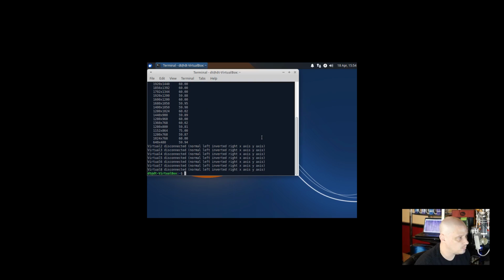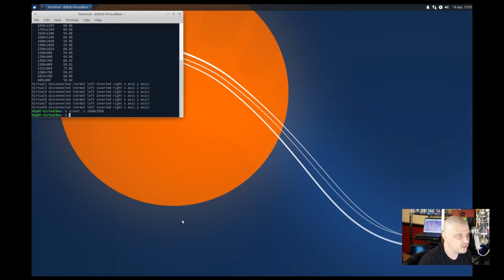But if I bring up a terminal and do xrandr, if I can type right, it will give me some available screen resolutions I could switch to using the xrandr command. So if I type xrandr -s, let's see, the most appropriate one, 1680 by 1050 would probably work. It will not actually look that great because I have a 1920 by 1080 monitor, but it is a little bit bigger of a